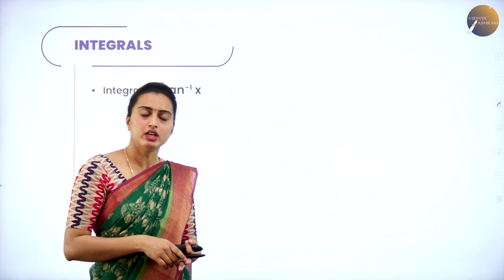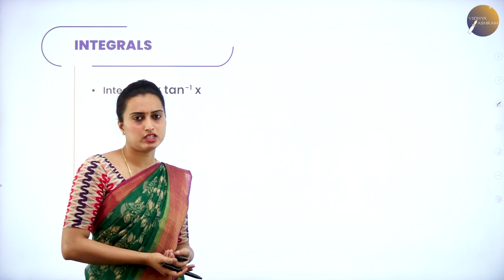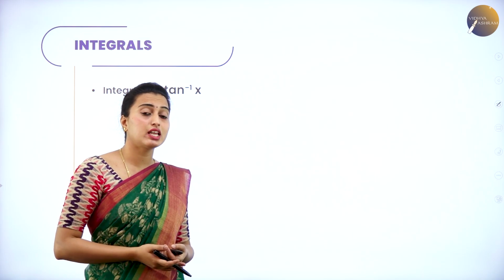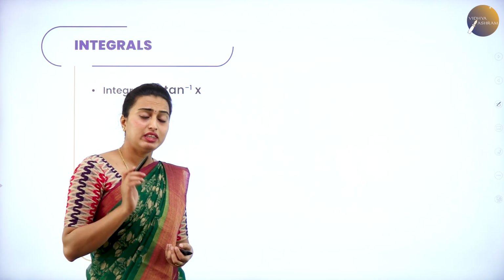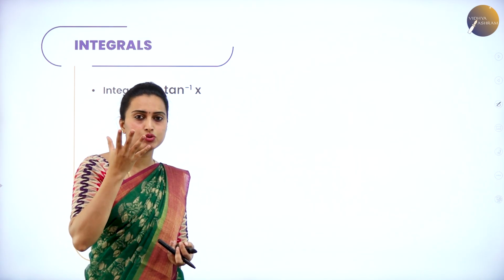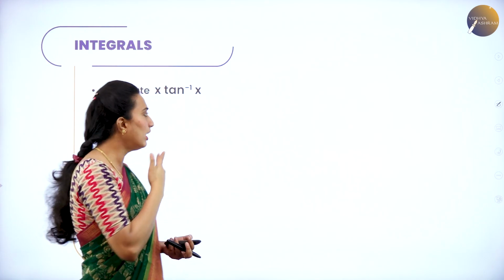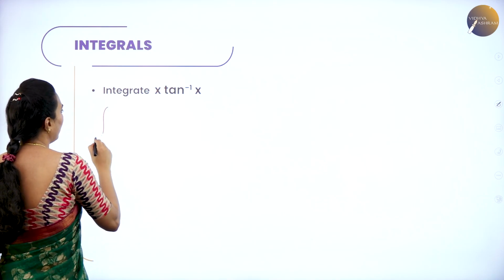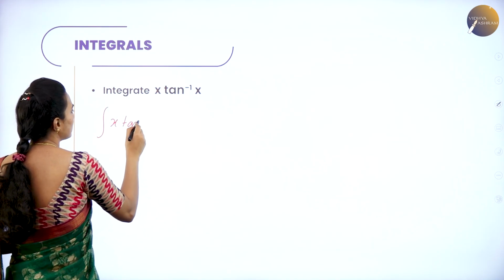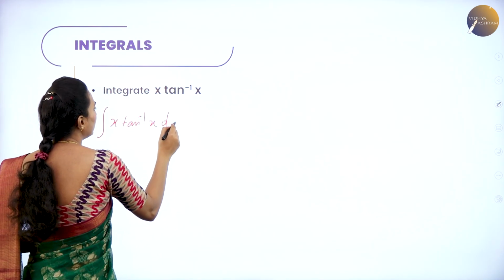I'm directly taking that one without substituting that. Why? Because last case I have done that. Because there was a sine inverse x which can be written in terms of cos also, in terms of sine also. Here let me take it as it is. So integral of x into tan inverse of x into dx. According to the ILATE rule,